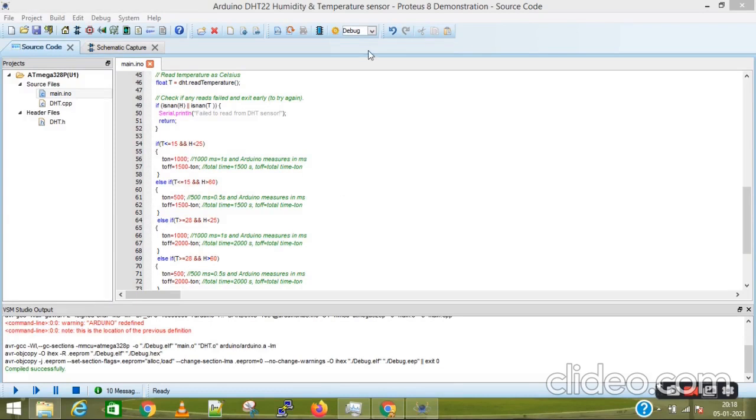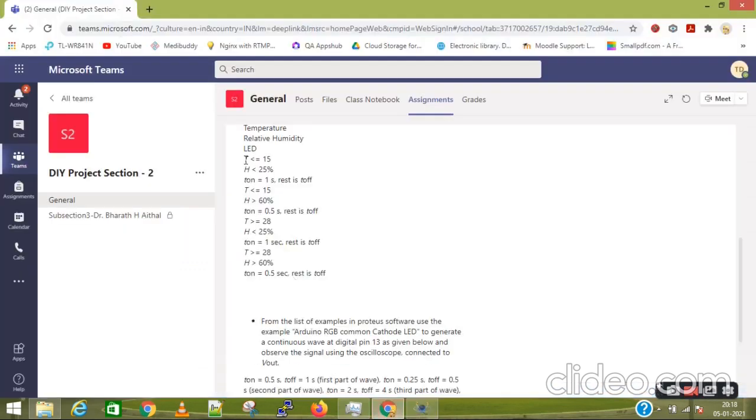20ME10087. In this DIY assignment, I have used the Proteus software to simulate the working of the digital humidity and temperature sensor using the Arduino. Now, according to the table that has been given, I have to take in the temperature and the humidity inputs from the sensor and accordingly